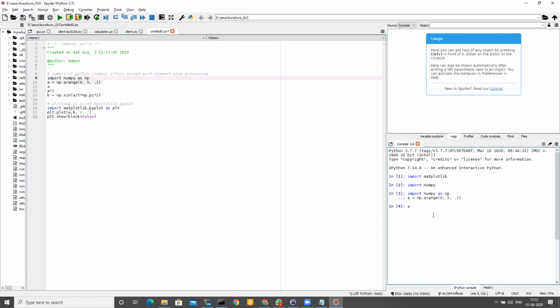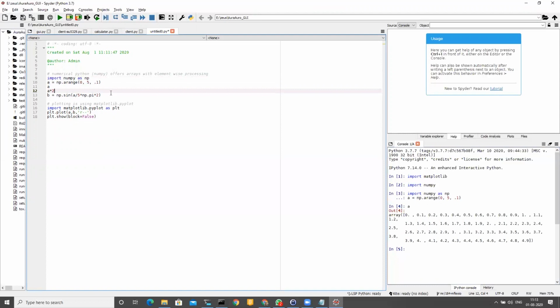So if I type a, because just like range, it won't reach 5. It will be 1 less than 5. Yeah, 1 step less than 5. And so I guess I'm just saying what it can do, but it's not necessary.